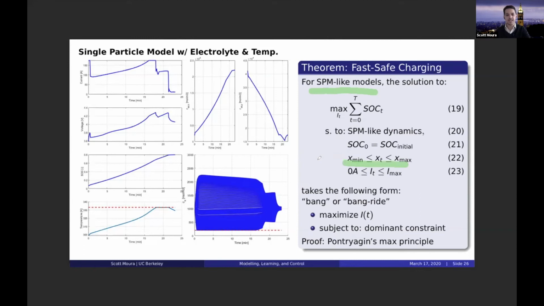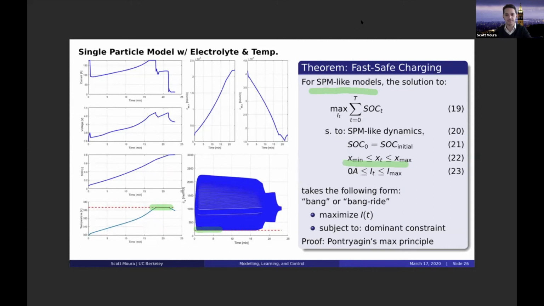And by the way, the constraints here can change over the period of time. So for example, in this SPMeT model, and actually Candler Smith highlighted this in his talk, you can see that it immediately depletes electrolyte on the backside of the anode here, and then you're riding that constraint. Meanwhile, while everything's relaxing, at some point you're going to hit a temperature boundary, and then you're going to ride that constraint. So you've got this bang-ride, and then the order of the constraints could actually change